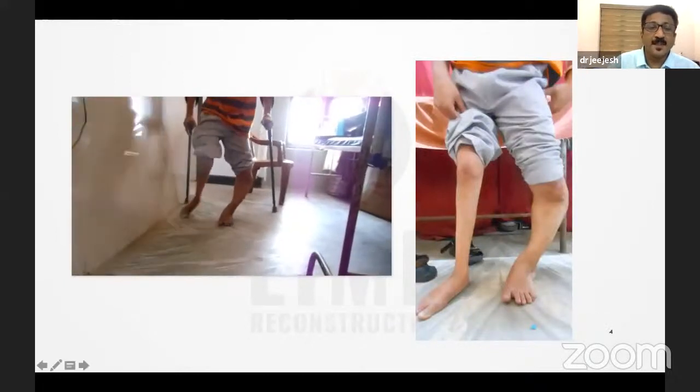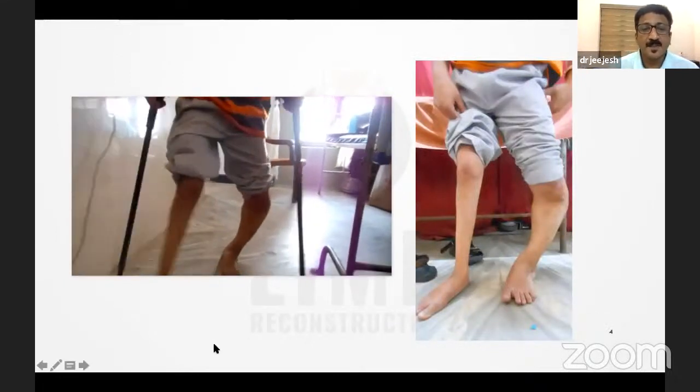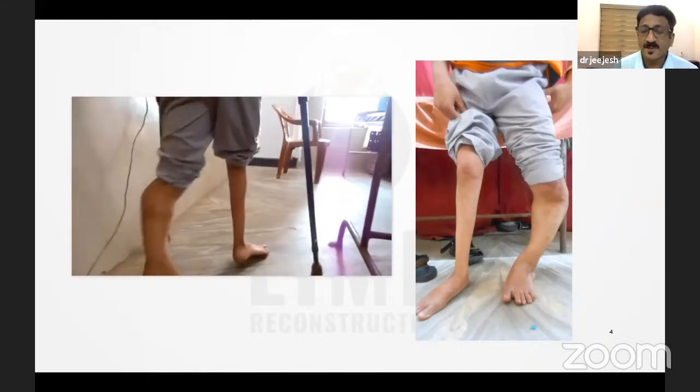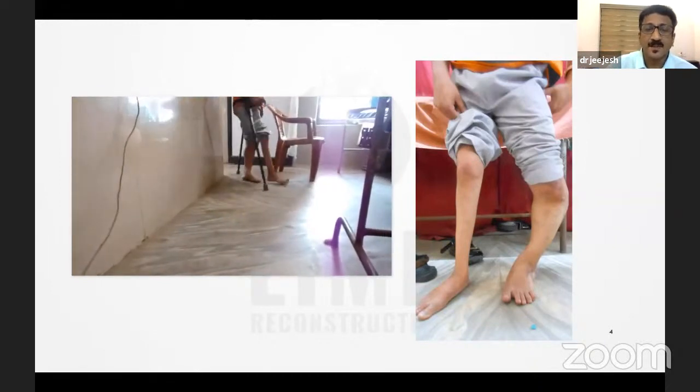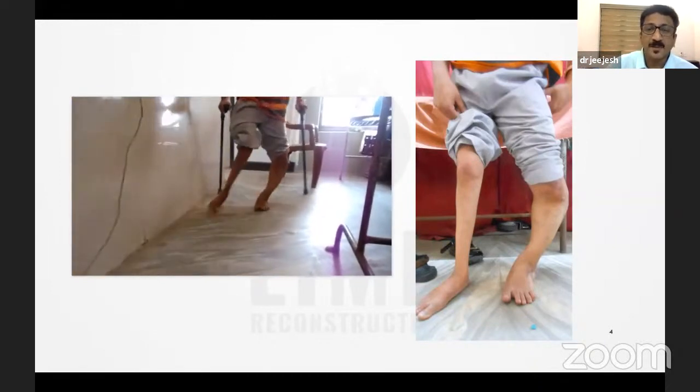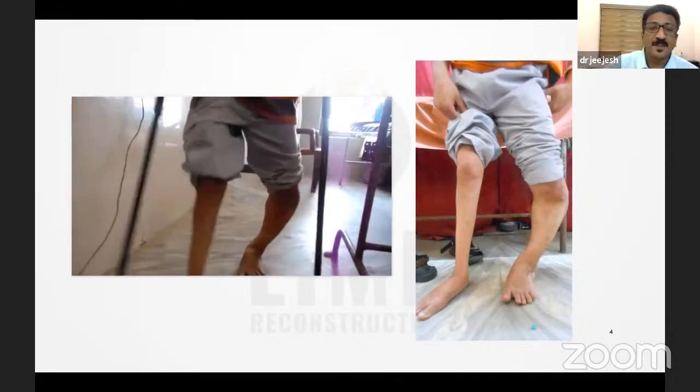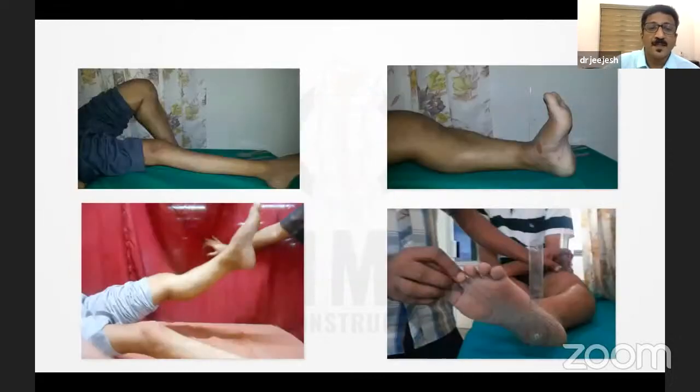And this is his gait, where he was initially used to walk with a single crutch or hand-to-knee gait. Because of the severe pain, he has to use 2 crutches, and his walking speed also was reduced. So you can see this clinical picture and the gait. And these are his clinical pictures where you can see the range of motion and the internal rotation deformity as